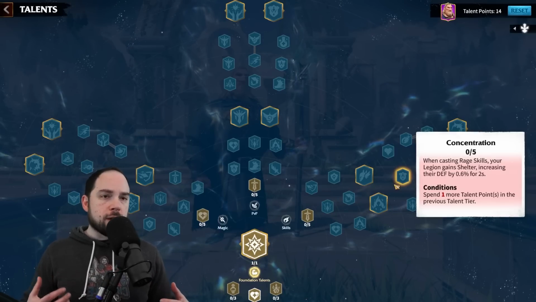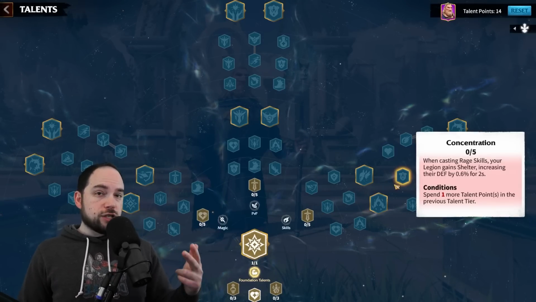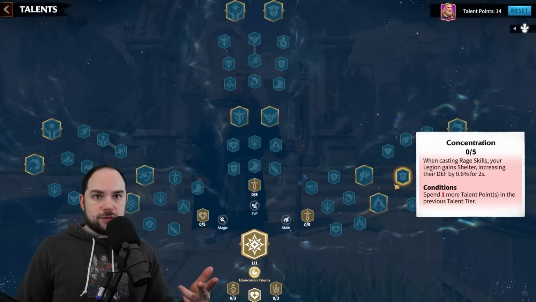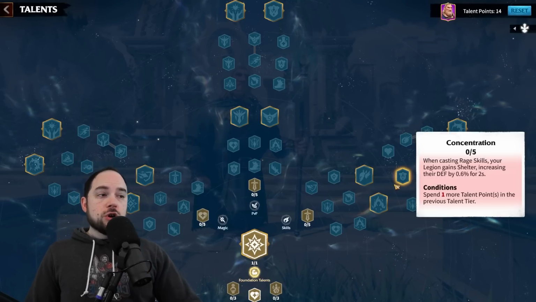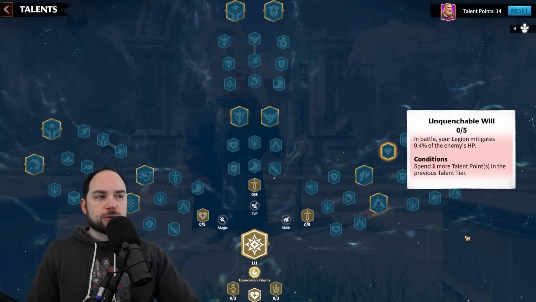Now, the way this should work is your primary commander uses their active skill. For the next 2 seconds, you have defense. That will include a second of downtime, and then your secondary commander, your deputy, uses their active skill, and it will reactivate concentration. So this is actually 4 seconds in a row of a defense boost, which I think is pretty good given how much rage you're generating,